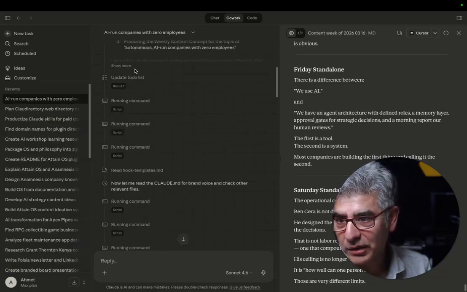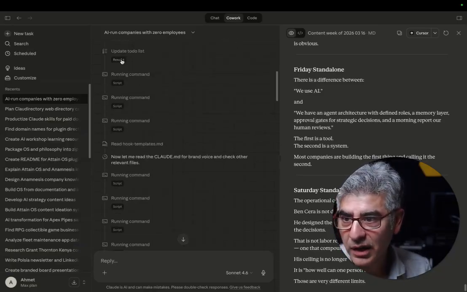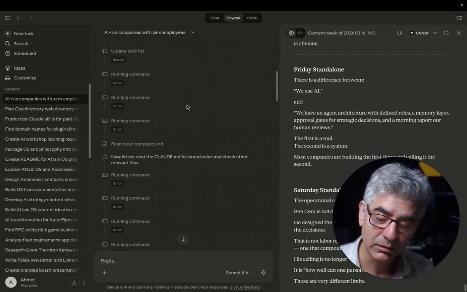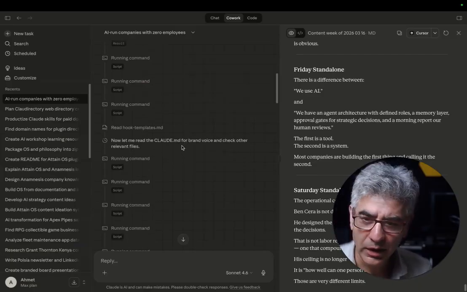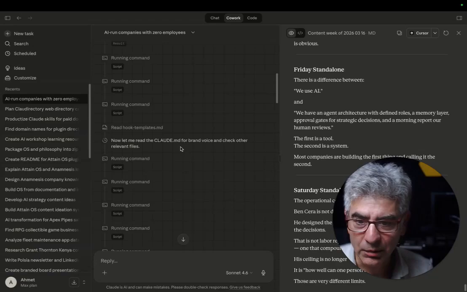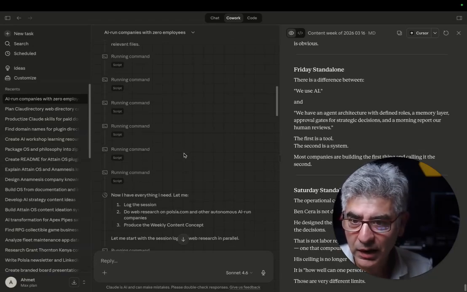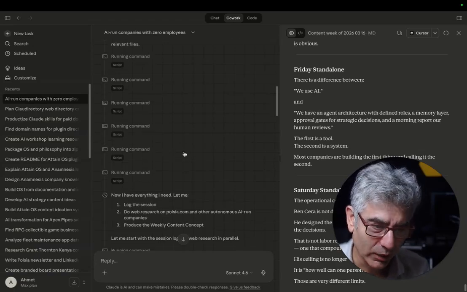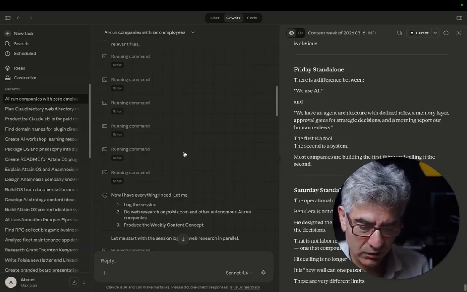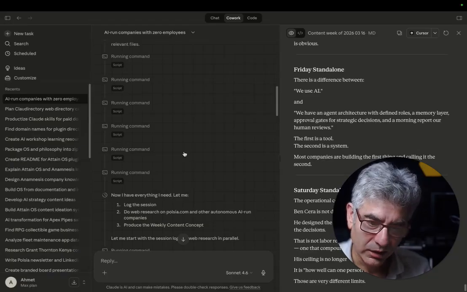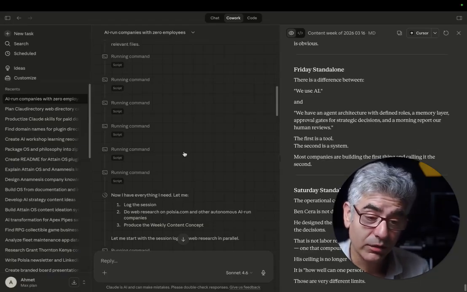And then it's reading a bunch of the skills that I have. It's creating a to-do list of what this agent is supposed to do. Then it's got my brand voice and templates and other things that I'm running. And right now, this is still all text-based. So I haven't gone into image generation, video generation, sound, things like that yet. I have done experiments on this.